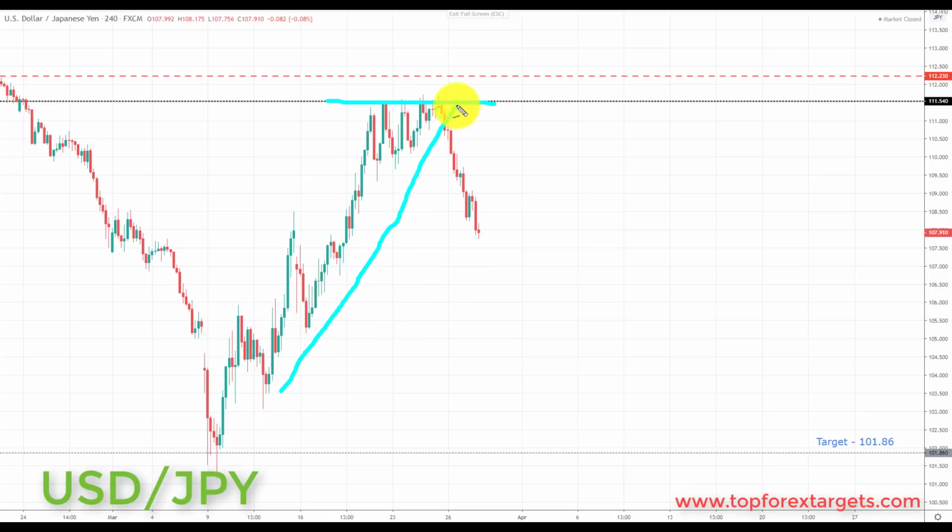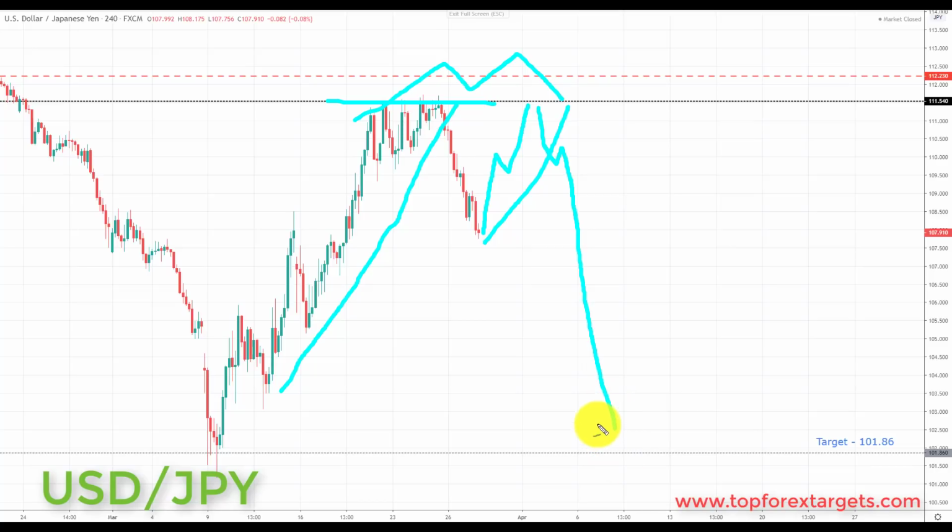Going into this week, we are focused still on short positions in this market. Now we've reversed from here, and any pullback in this area, perhaps if we can come back and retest broken support, turning resistance once again at the 111.54, and we get this kind of double top pattern, this will be seen as an opportunity next week to look for bearish setups. And we're going to be looking at initiating shorts down towards the next key area of support to the downside and the target set at the 101.86.